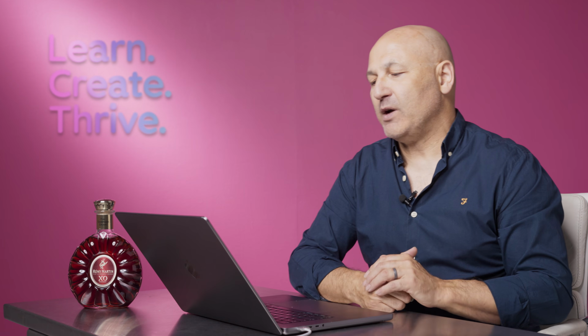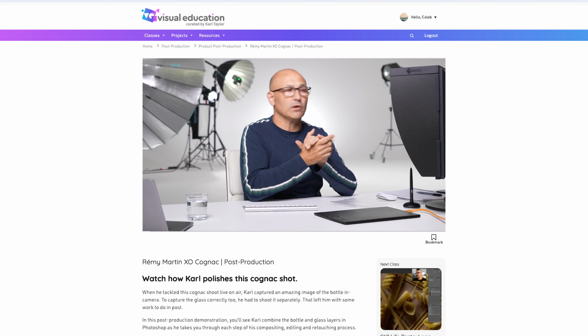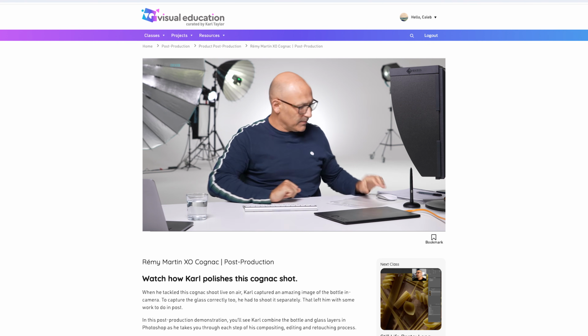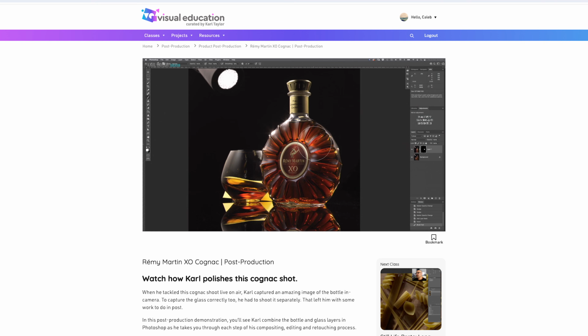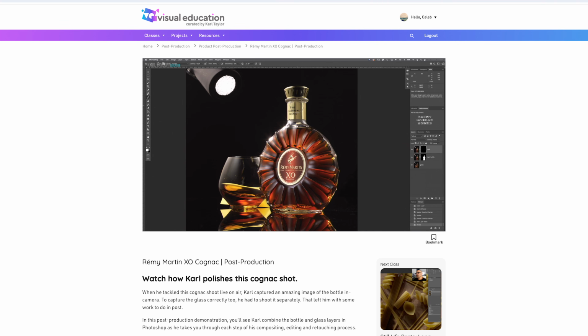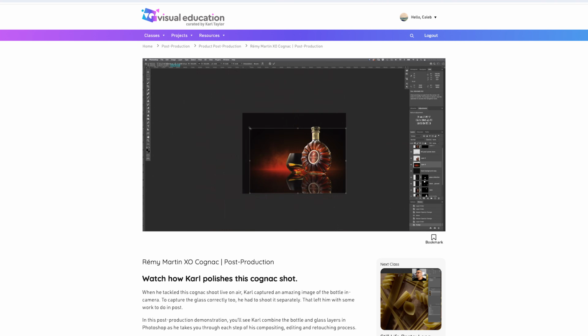And then finally in post-production, I'm taking my main shot, which consists of the Remy bottle and the glass, removing the reflector from behind the glass. I didn't need to remove the reflector from behind the bottle because that was already hidden. And then just enhancing a little bit on saturation and contrast and just a bit of burn and dodge work in my post-production. And then bringing in that Adobe Stock shot as my background behind, which was very, very easy to do because my existing shot was just a simple plain background.